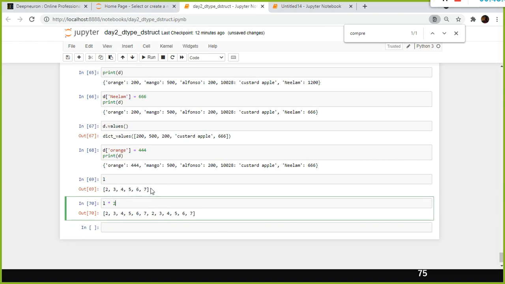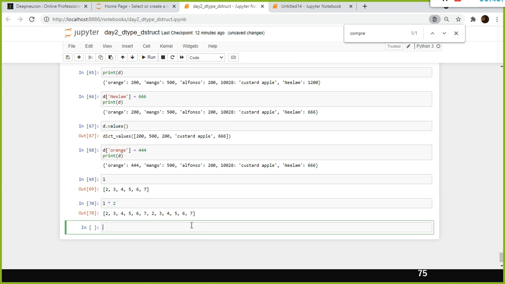Rather, it duplicates the values one more time: 2, 3, 4, 5, 6, 7, again 2, 3, 4, 5, 6, 7. If you put 3 here, the star tells the Python interpreter to multiply the list that many number of times. If it is 2, you can duplicate the list 2 times.